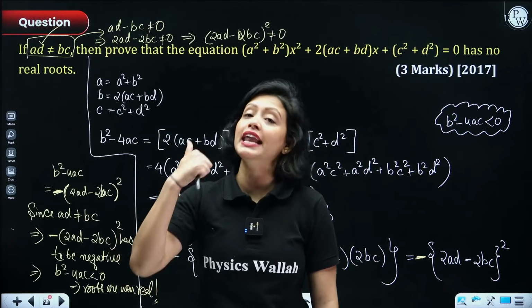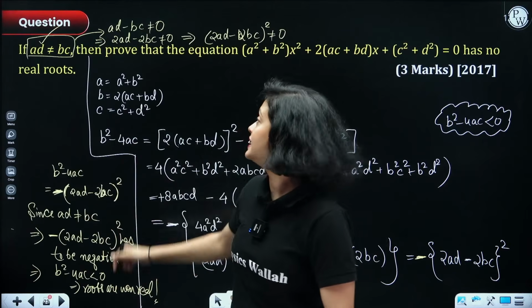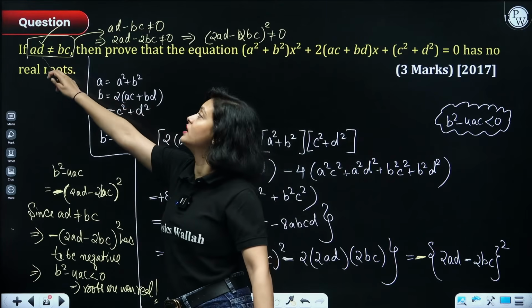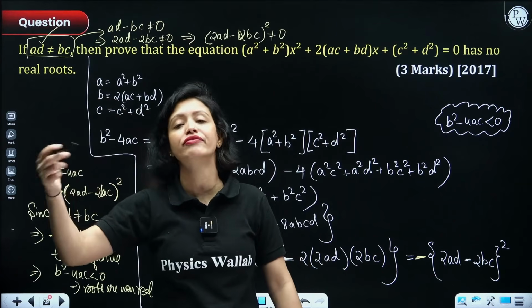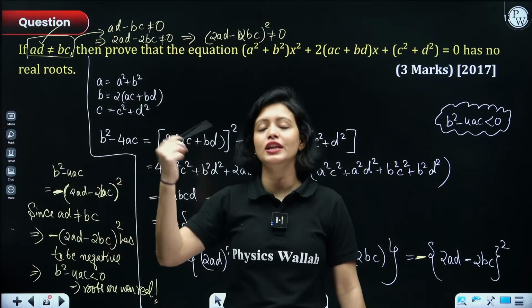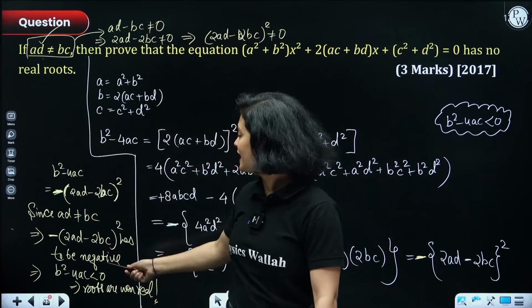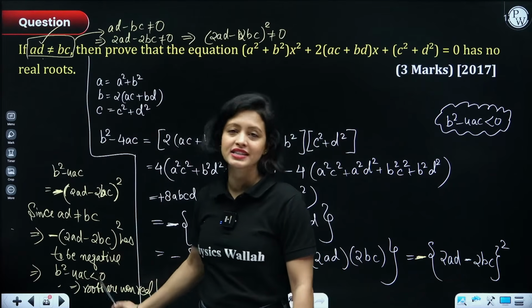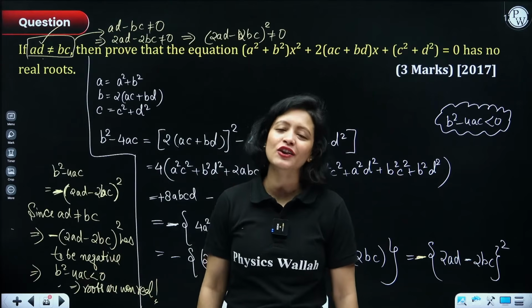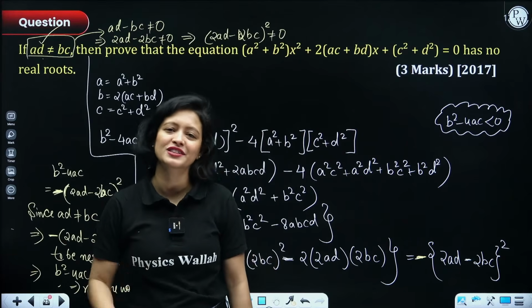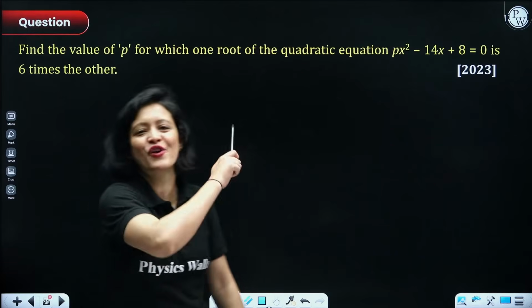Okay, we eliminated the 0 case because in the beginning it was given that both the terms are not equal. So that means their difference is not equal. That means their difference square is not equal to 0. Okay, so the only case remaining was that b square minus 4ac is negative, and that means roots are non-real. If you did not understand, you can rewatch this entire question again, but we are going to move forward, right?